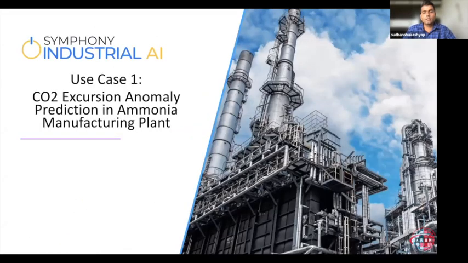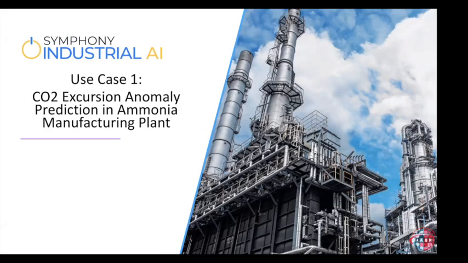Okay, so now we have covered some basics about machine learning, and then we'll get into some application part. And the first one I'll be talking about is a CO2 excursion anomaly prediction in ammonia manufacturing plant. And before I jump to the real use case, what is being done in this particular, I'll give some background